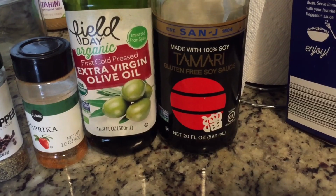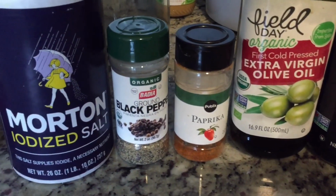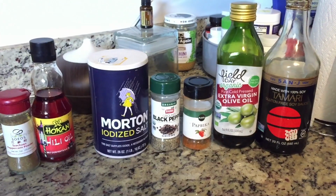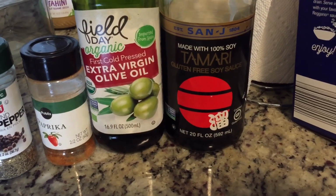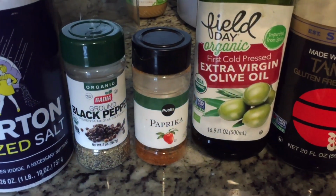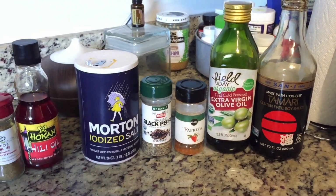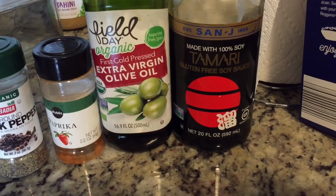But the good thing about using salt that is already iodized is it has a nutrient that we need. And if you're not taking that on your own, or if it's not in a multivitamin or something like that, it's not something that you're going to be just getting easily. So I did go ahead and purchase the regular table salt just so that I can make sure I'm getting that. Sometimes we get hooked on the different trends that come out in the health community, and there's certain things that are already staples in our diet that are actually okay for us or actually good for us. So it's good to do your research and make sure you're not missing anything when you start cutting things out. So I also have the smoked paprika there, some black pepper, and then on the end